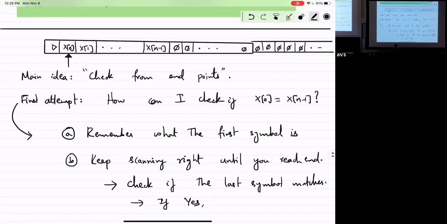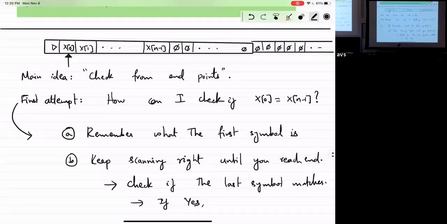We're going to want to check the second one, so we basically delete the last one. Okay, we can delete the last one, but then we have to come back to the first. But when we're scanning back, how do I know what the second symbol is? How do I remember that I'm looking only for the second symbol now instead of the starting symbol?